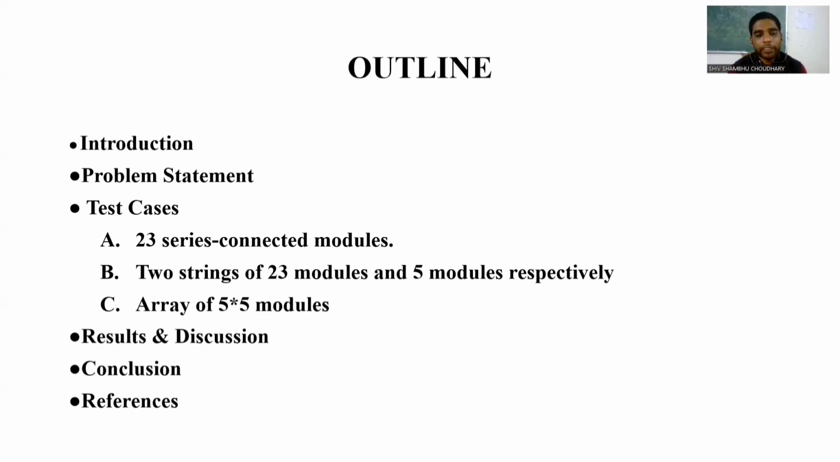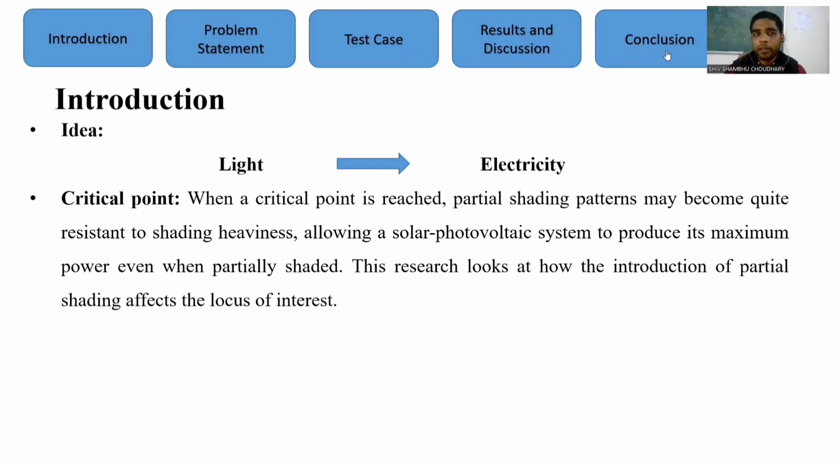Further, in the next investigation, an array of 5 cross 5 modules is formed and different types of shading patterns are given to the system and their effect is investigated. In the next section, we will be covering the results and discussion related to the outcomes of the experiments. In the final section, we have concluded the paper and some scope for future work has been presented with the references at the end. So coming to the introduction, the solar photovoltaic business has expanded rapidly in recent years and